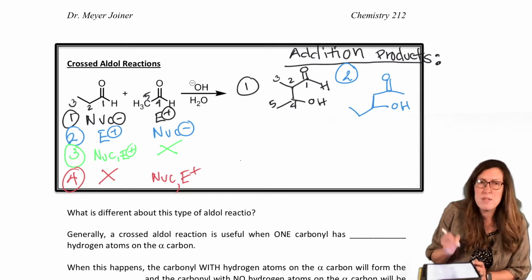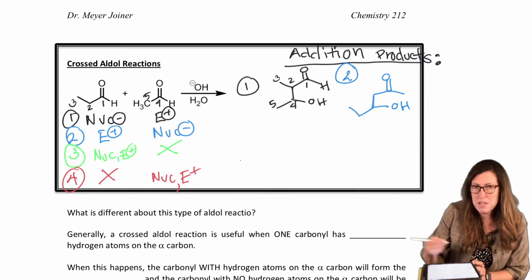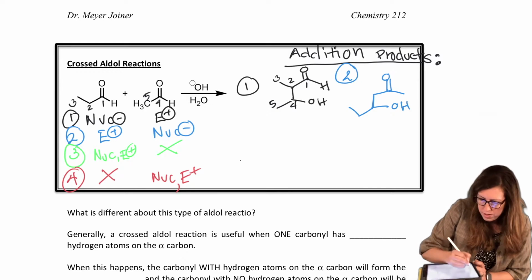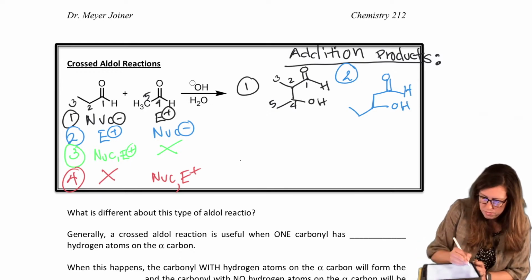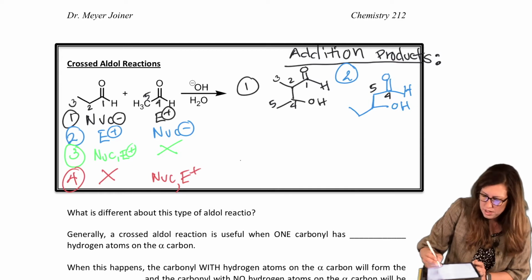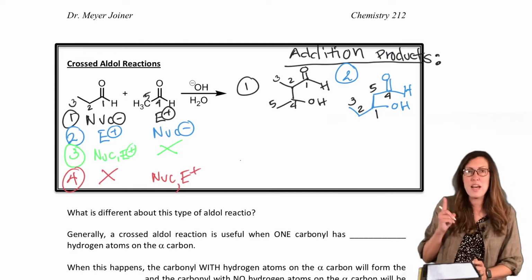Good idea to count carbons. They're easy to drop or accidentally add because that new bond makes you feel like maybe you've added a carbon when you really have just connected two carbons. So it's especially easy to drop them. So because we used our, oh, I forgot to draw my aldehyde H, right there. Okay, so we have, this was carbon 4 and 5 because we used the aldehyde in that scenario that was smaller. And then it attacked carbon 1, which has 2 and 3 attached. So we've accounted for all the carbons.